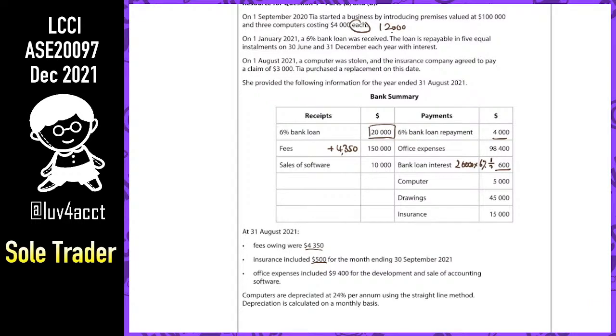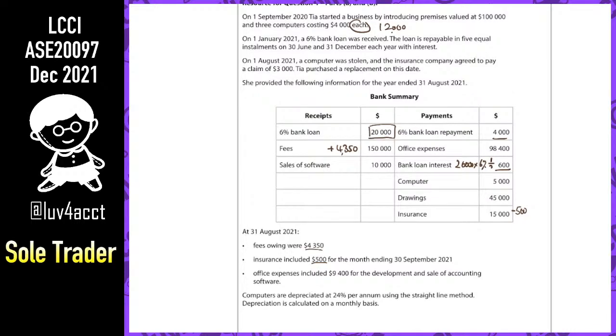Okay, so insurance here minus $500 prepayment. Office expenses 9400 for the development and sale